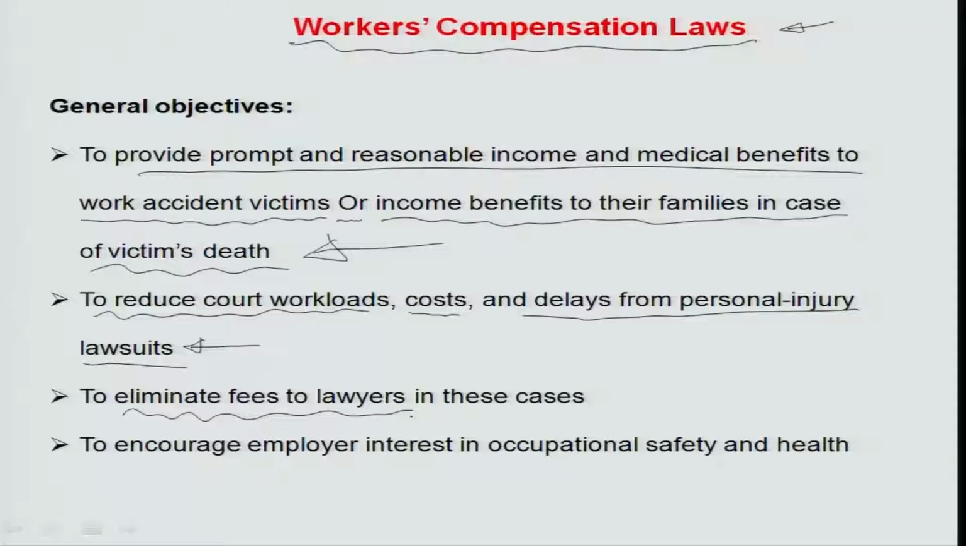Also, it is important to encourage employers' interest in occupational safety and health by giving them a sort of mandate that if such a fatal injury or an accident happens in the work system because of some non-compliance on the part of the owner of the work system, then it may lead to a high quantum of losses. Such an awareness created within the employers itself would